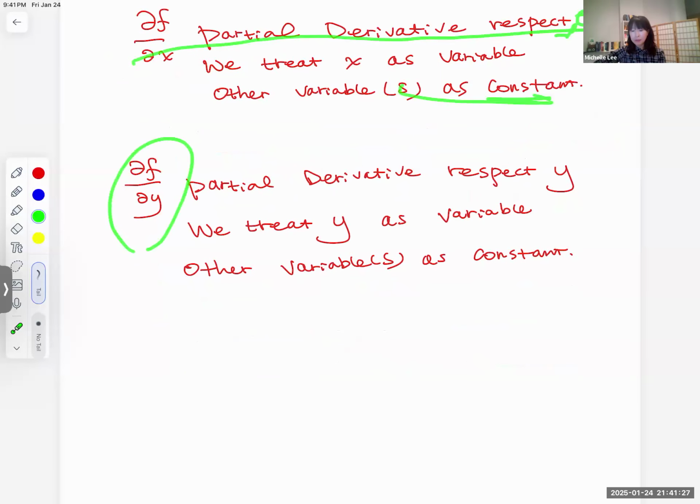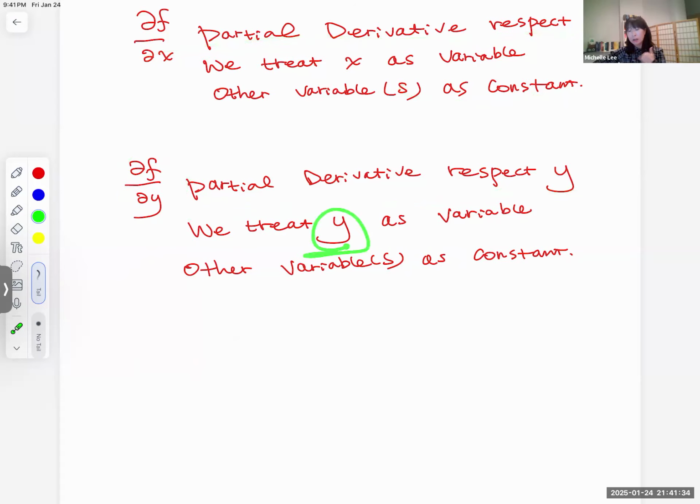If we have a partial derivative with respect to y, then we treat y as the variable. So we do the derivative, right? And then the other variables, we treat them as constants. Make sense? Okay, let's do the same question